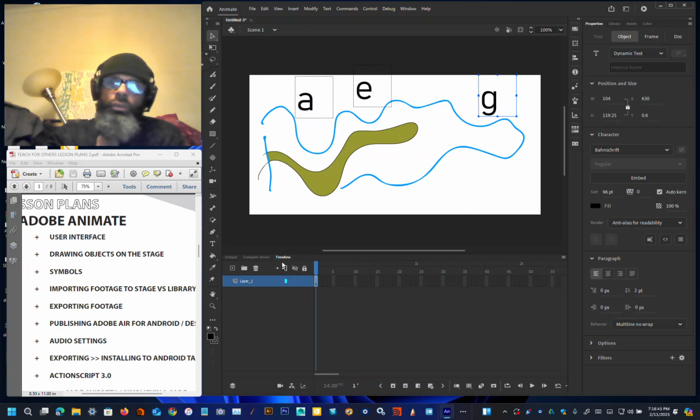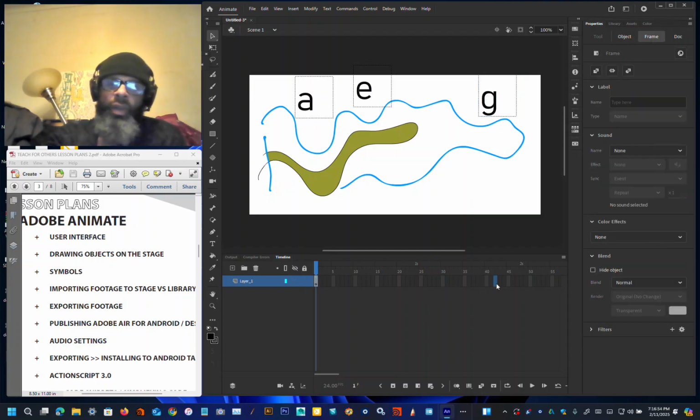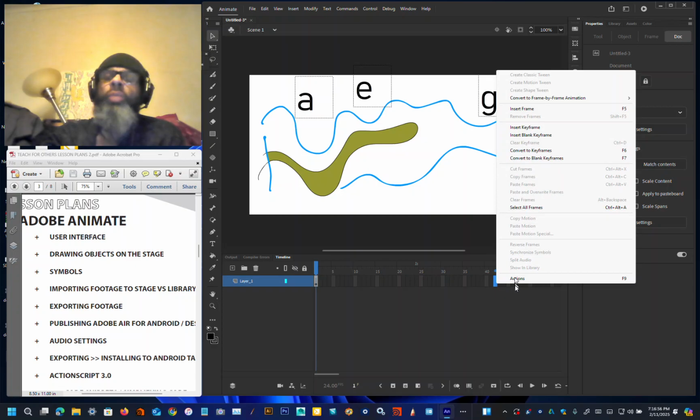So we just place some things on a stage. How do we animate them? Well, everything is on stage at the same time, and if I animate this now by right-clicking and inserting a keyframe